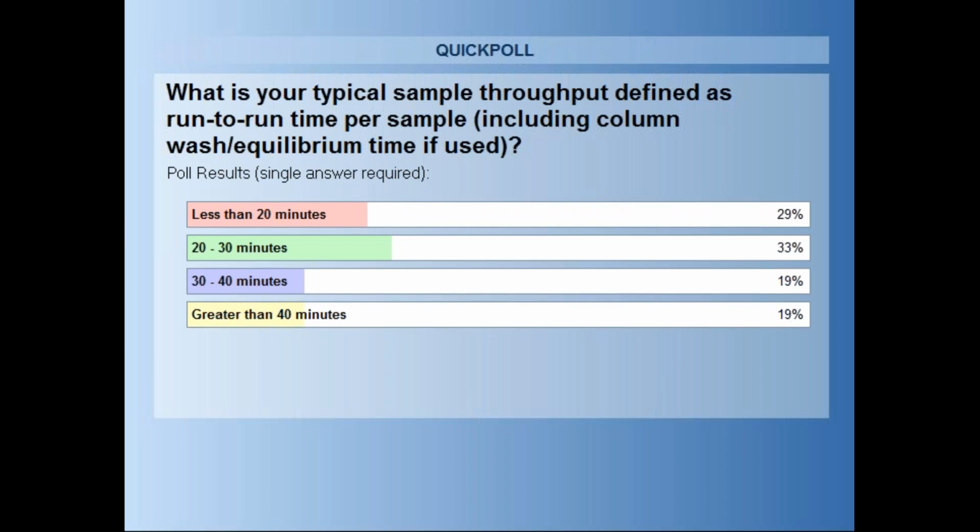Well, we often make a value-based decision upon separation efficiencies. And in that we are willing to spend a little bit more time if we get more peaks in the separation, or more resolved peaks. But I think most of our protocols are kind of in the middle of that range, 20 to 30 minutes.